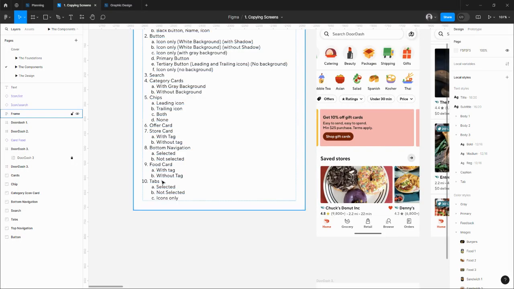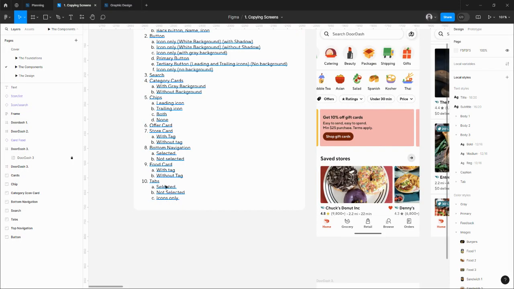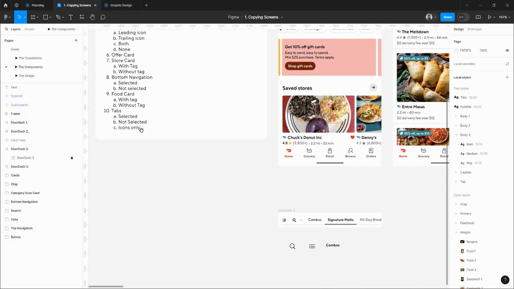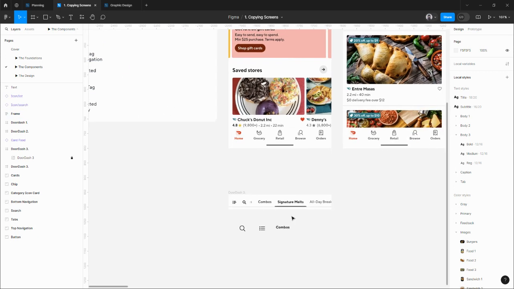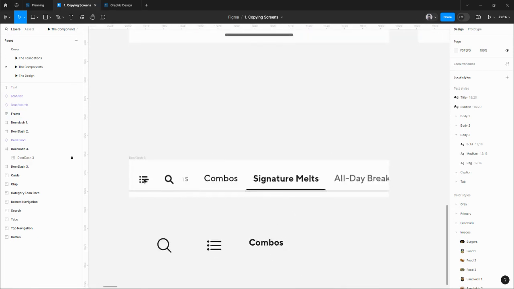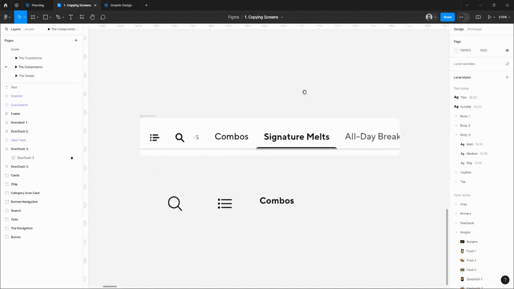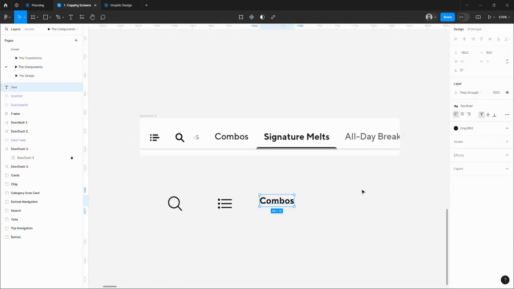Now we are going to design the last component, which is this tab, and we have to make 3 variations. So let's read the design. We have this version which only has icon. This is also the same with different icon, and this has text, and this one is selected and this one is not. So what we're gonna do is make this, so when we are selecting the text design, we saved this one separately. It was different than this one